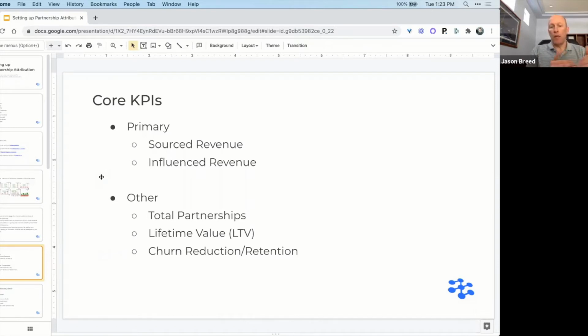And then honestly, on our technical partners, almost all of them are influenced because they're not part of the deal. Our implementation partners bring in a deal, they have the relationship, they're making a recommendation for us. It's true sourced revenue.